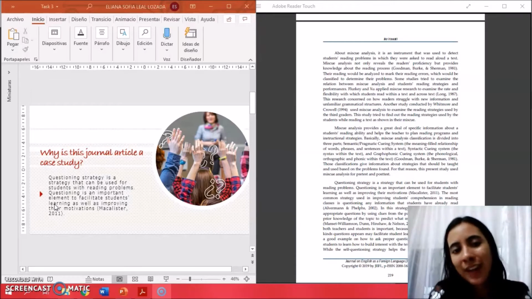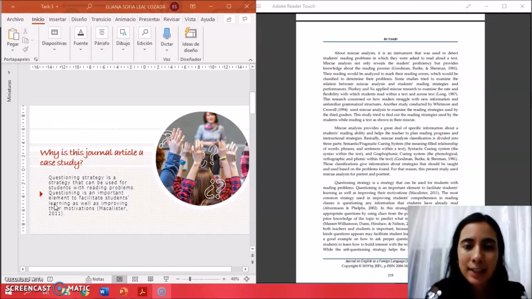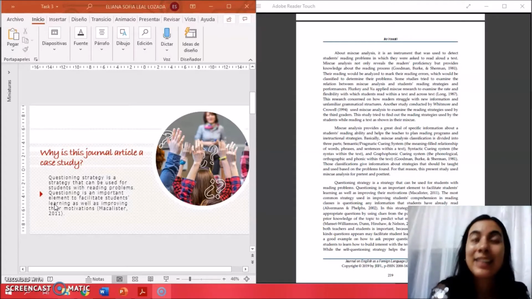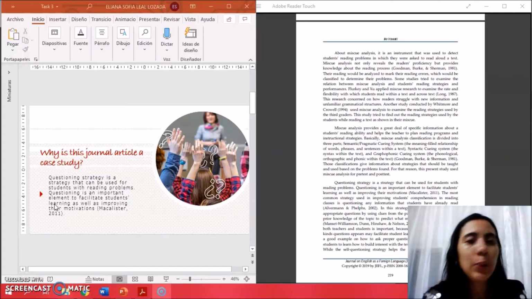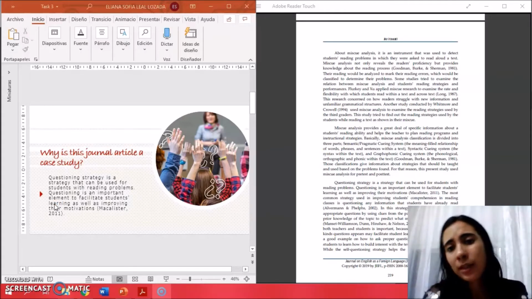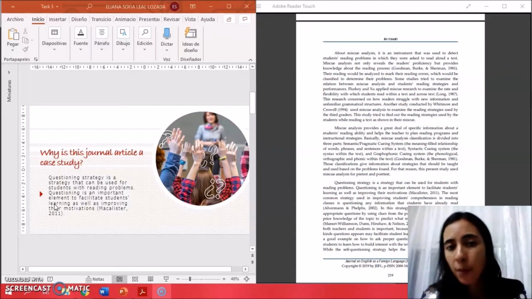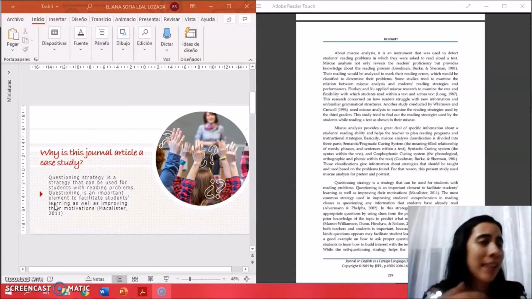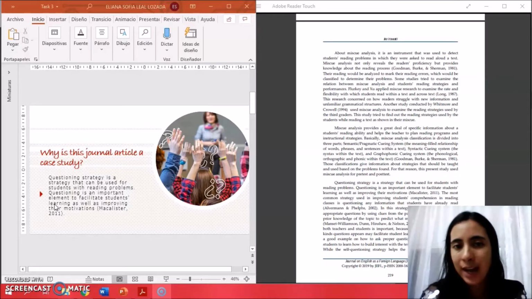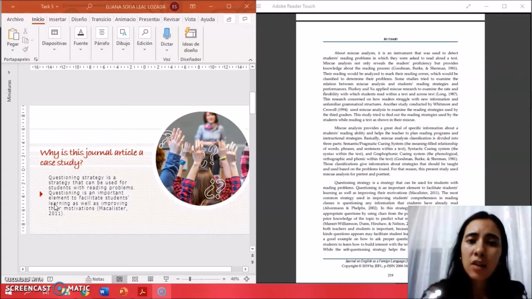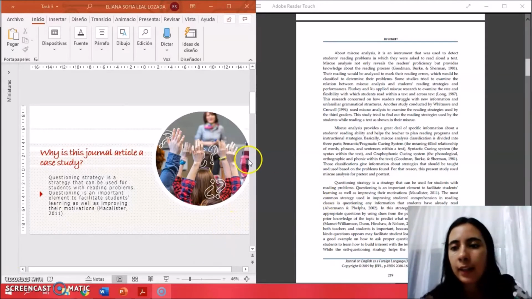In other words, this journal article is a case study because it focuses in particular on a problem, and it's a research method used to obtain a better understanding of a topic or process that some students go through when presenting a text. This research analyzes the reading comprehension and problems of the students studied when answering questions, and in this case, uses miscue analysis for pretext and post-text. Okay, in the next page,